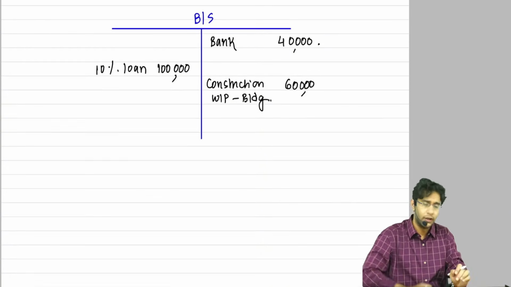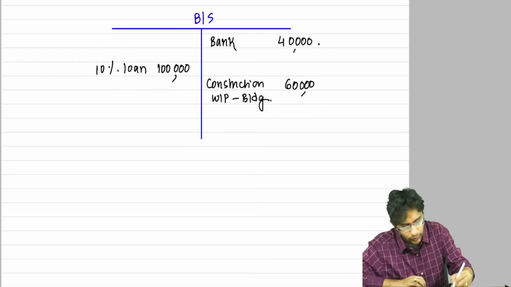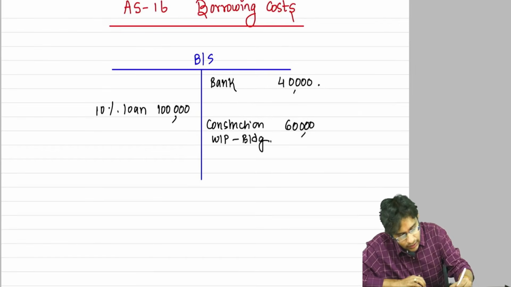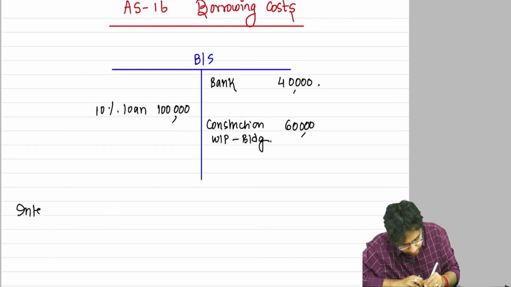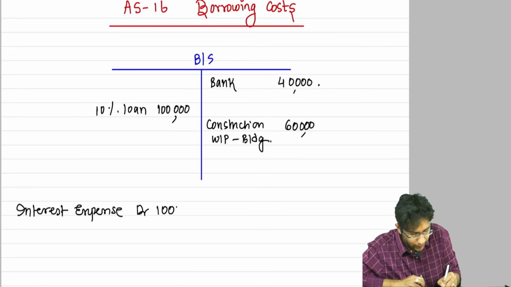Now, at the end of first year, you have to pay interest to the bank or not? What is the entry for interest paid to the bank? What entry will you write when you pay interest to the bank? So at the end of year one, interest expense. See, whether you pay or not, you have to book the expenditure. No. So if you pay, it's to bank. Otherwise, it is payable. So to bank,